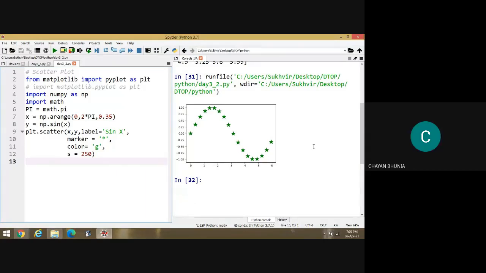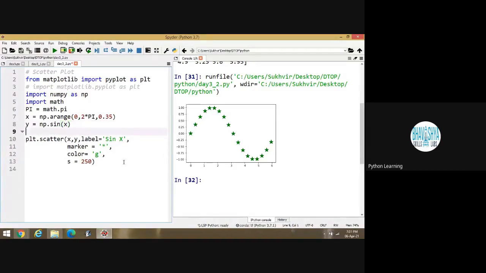Yes, sir. This one is the graph of sin x. Similarly, I can design the graph of cos x. For that, suppose I am creating a new variable z. But I have to write np dot cos inside bracket x.